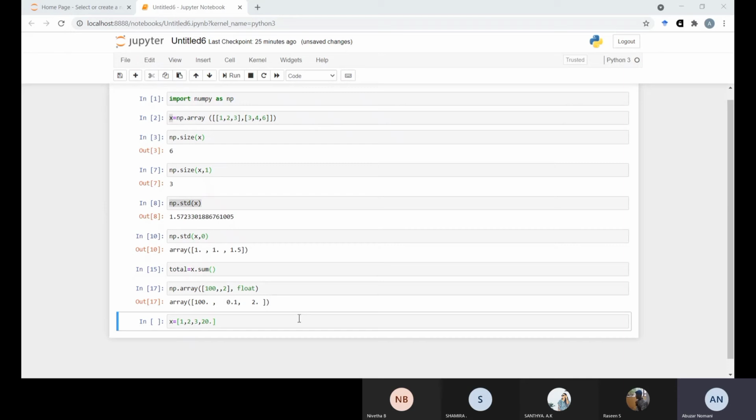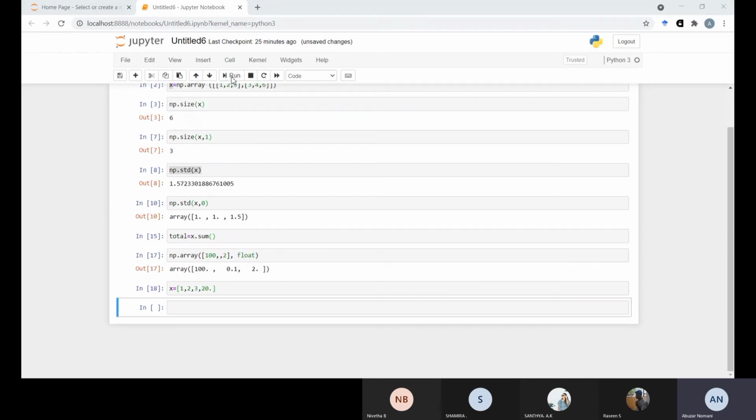Then if you run y is equal to np.array with x1 and dtype equal to float, then y can convert it into float.